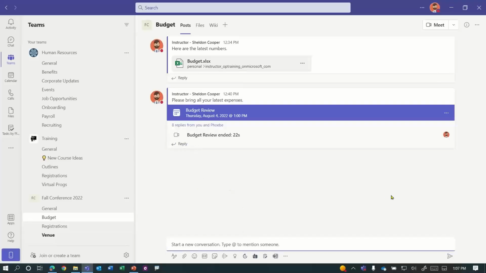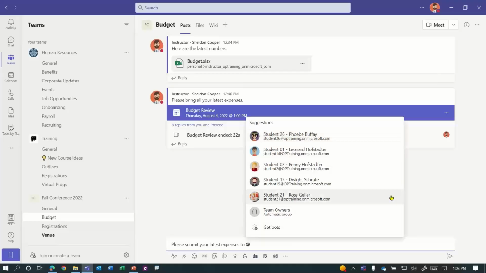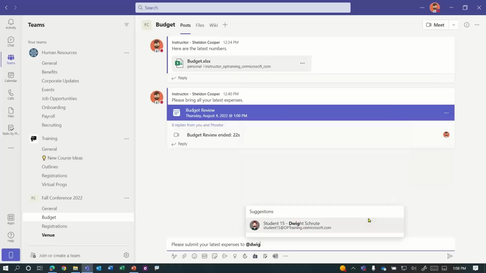And I'm going to post in here, please submit your latest expenses to. Now check this out. Maybe I want to direct them to a specific person. I can type at and type in the person's name. Now, when I post something like this, it will notify whoever I mentioned.